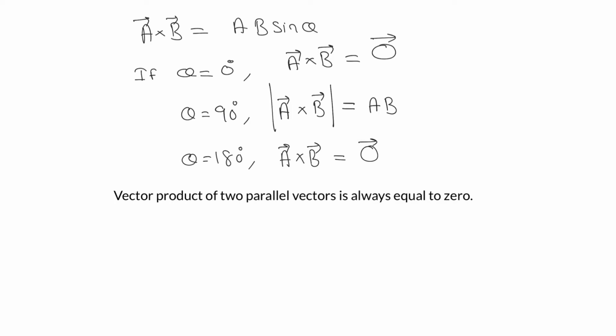So in a question, if two vectors are given as parallel, then we'll go for their cross product being equal to 0. And in a question, if it is given that two vectors are perpendicular, then we'll go for dot product equal to 0. And one more important thing, just remember that the direction of A cross B is always perpendicular to A vector and B vector.